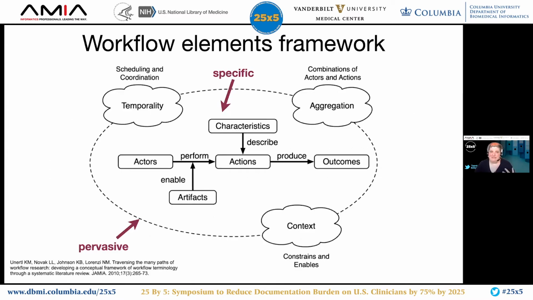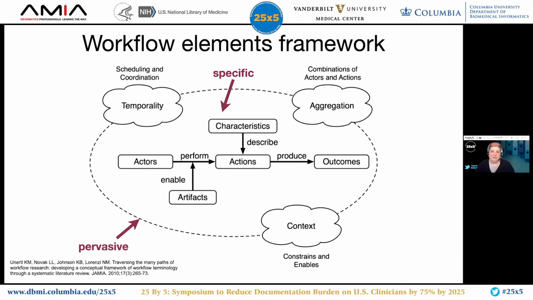So first of all, when I'm talking about workflow, I always like to start by defining what I'm talking about, because workflow is one of those terms that has really lost its meaning over the years and has multiple different definitions. The way that I think about workflow, although I love a good flow chart, is really much more of a socio-technical model and a little bit more than just a flow chart of steps that people do in their work. And so I usually start from this perspective of the workflow elements framework, which we developed based on a